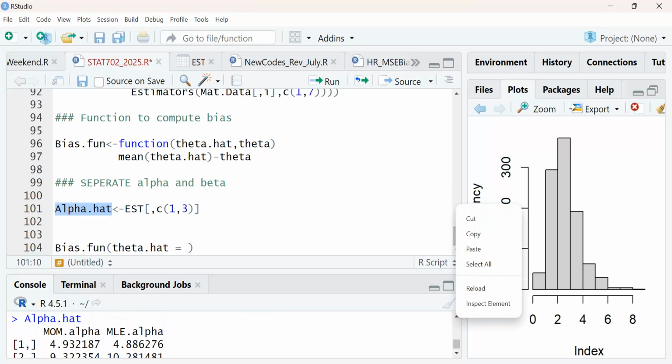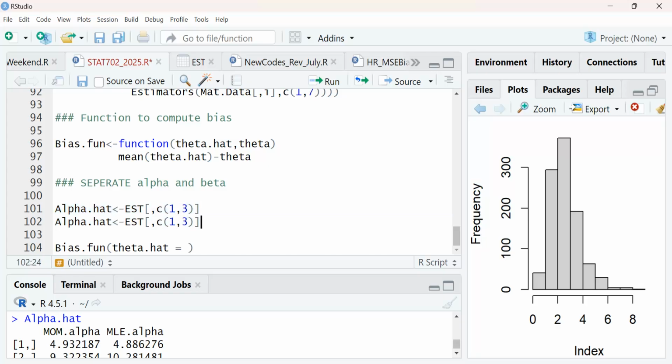So this one, if you see mom alpha, MLE alpha. So it means that I can also get a beta. There are 2 ways to get a beta. I can negate this, which means take out the other one. Or I can also just put in, exclude 1 and 3.